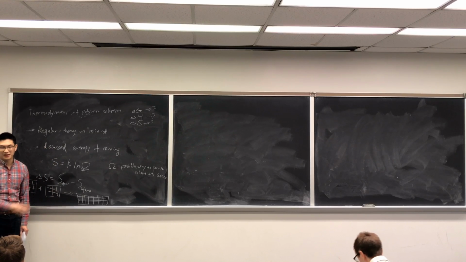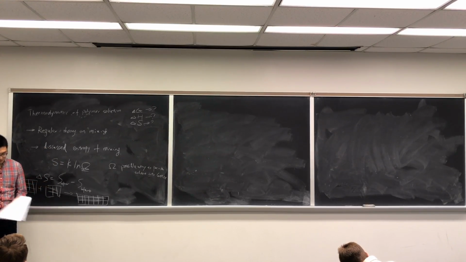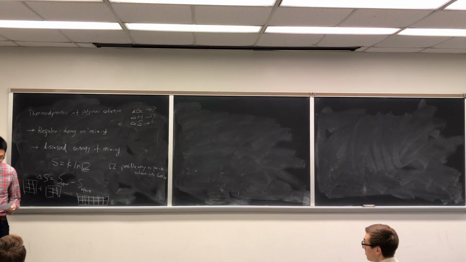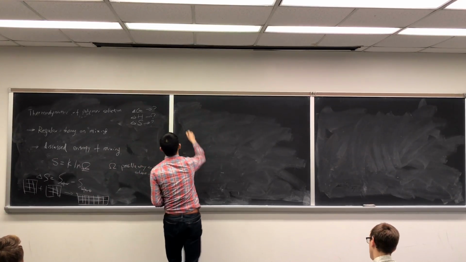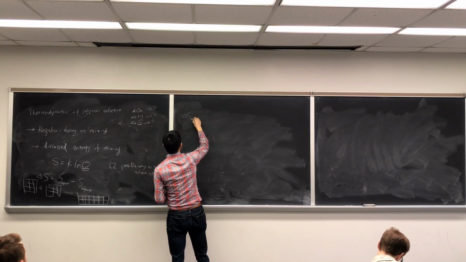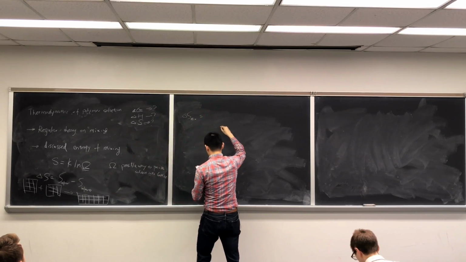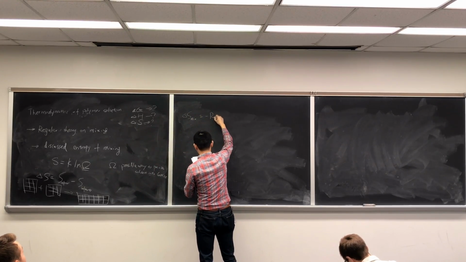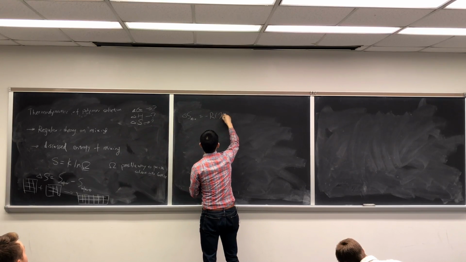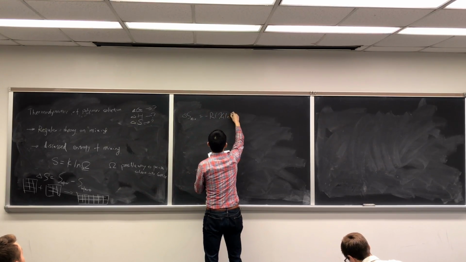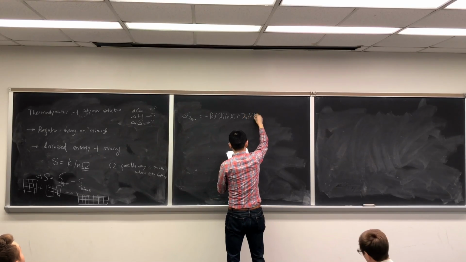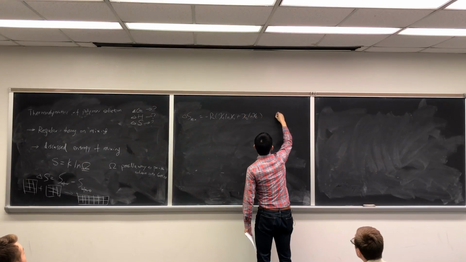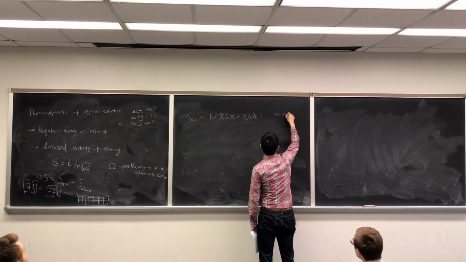And how this comes into play: in the end, what we understand in terms of delta S of mixing is going to be equal to minus R, and this was per mole of